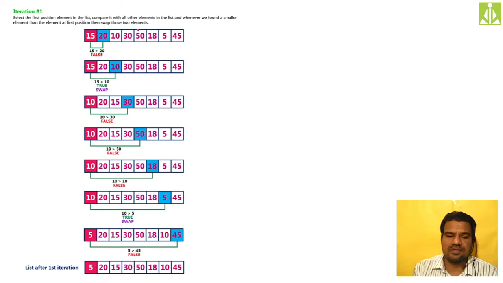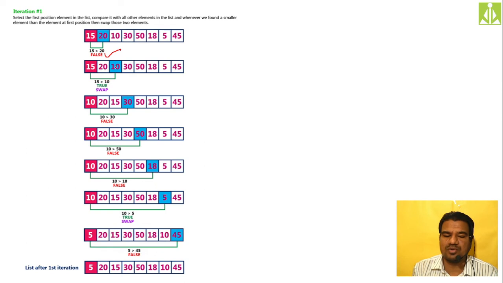So in the first case, as we said, the first element is smaller than the second element. So we are printing false, and we are not doing anything. We are keeping it as it is. And then again, we are comparing the 0th index element with the second index element, and here the element is smaller. The 10 value is smaller than 15.